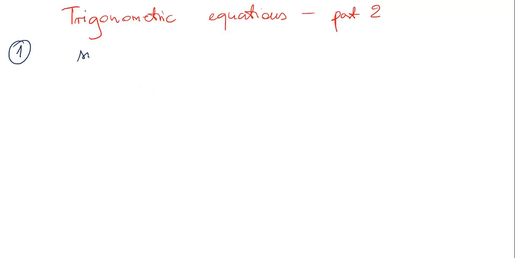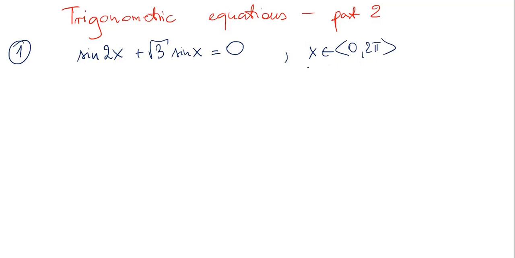Okay, let's go. So this is it. Sine 2x plus square root of 3 sine x equals 0, and they want us to have the solution from the interval from 0 to 2 pi. So again, as we talked about it in the previous video, when we have this condition, so we have an interval,